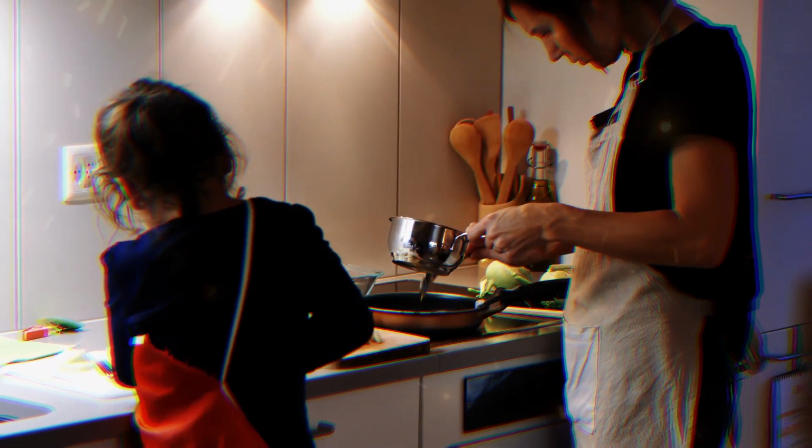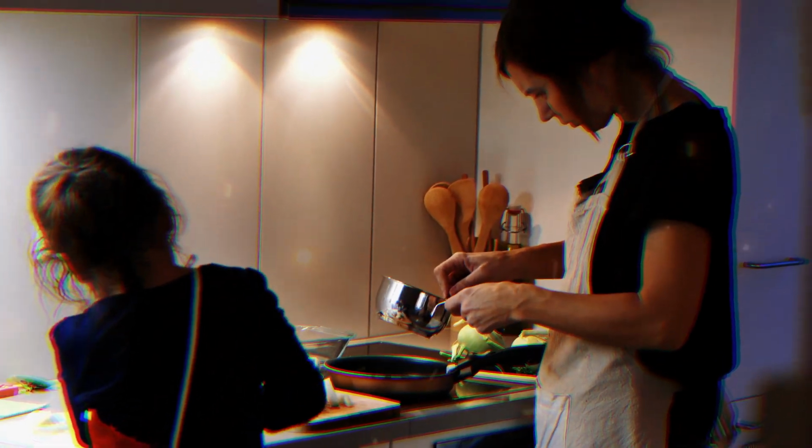Granted, I don't do it every single week because life gets busy and there's only so many hours in a day. Sometimes there's activities and events on the weekend that prevent me from doing this, but I can tell you for sure there's a big difference between the weeks that I'm able to batch cook and meal prep versus the weeks that I don't. And that's why I can say it with my chest with so much confidence that batch cooking and meal prepping is not only going to save you a lot of time, it's going to save you